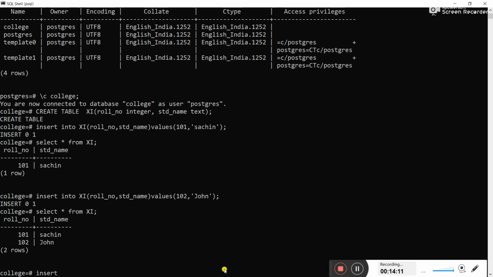So we are going to write insert into, where you are going to insert the data in the 11 table, right? After this you need to write the field names, roll number and student name, correct?